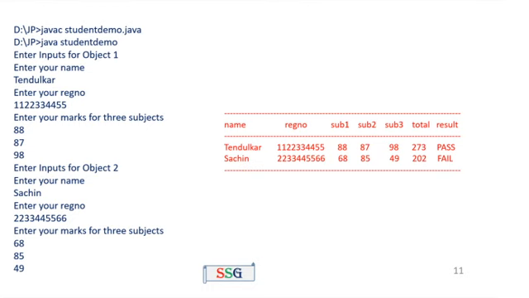In the first program we created only one object. In the second program we created 2 objects. Similarly, we can create any number of objects by using variable names S1, S2, S3 like that, or any other variable name. Instead of S1, we can use another variable name also, that is A1, A2, A3. So it is a user defined object name.